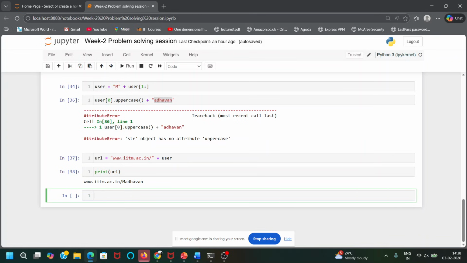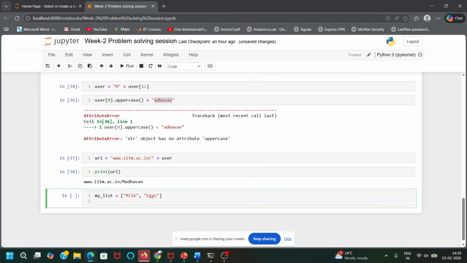And then we also went with the next module, or the next lecture, into lists. In lists there are some traps which we can fall into. Let's say I have a list, milk and eggs, and I am assigning my list to roommate list.